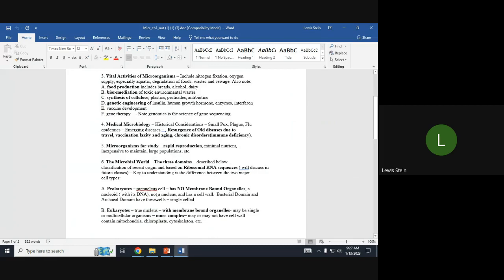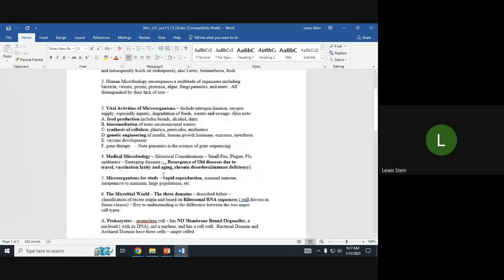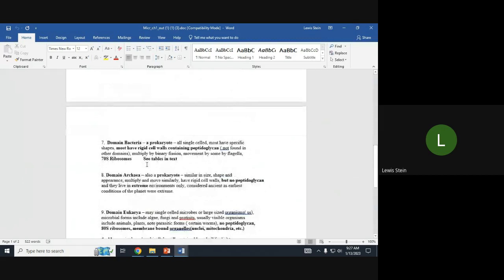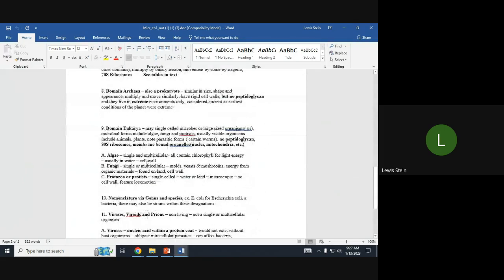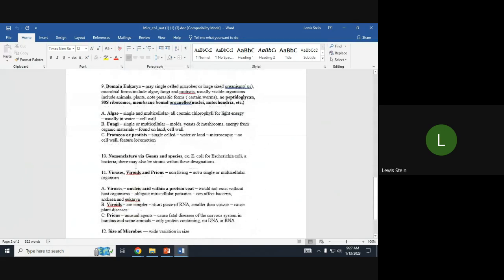So that kind of took us, on our outline, through page 2: the domains, archaea, bacteria, eukarya, etc. The nomenclature, I just want to get through this. The nomenclature nugget is genus and species. I talked about it before, so we don't have to go into all the orders and families and stuff in traditional biology. What I like is that it's very simple. All you have to do is use the first name, and the naming convention has a lot of different